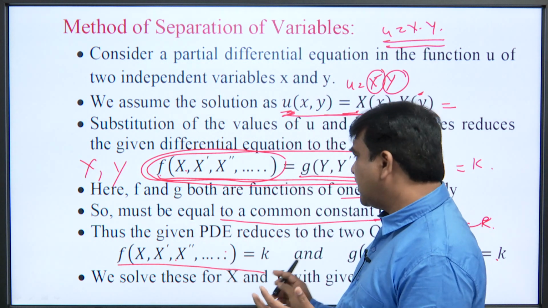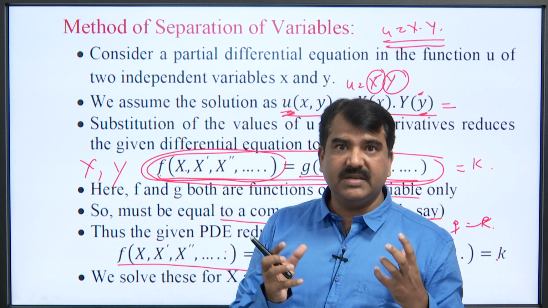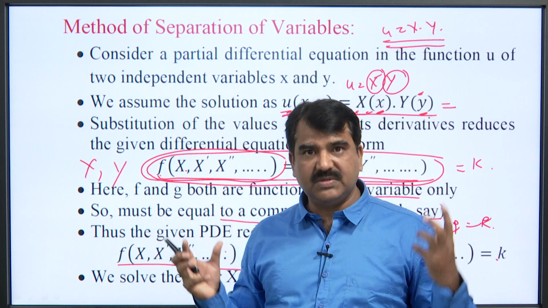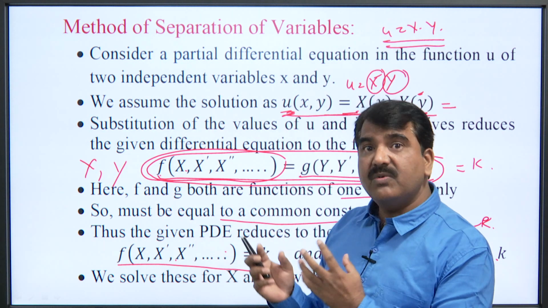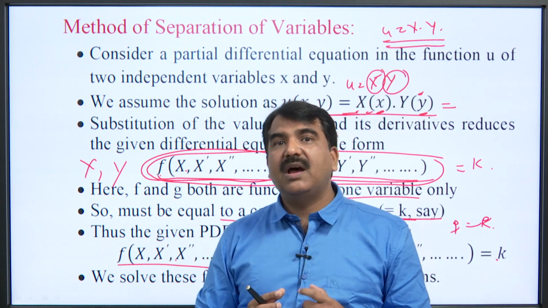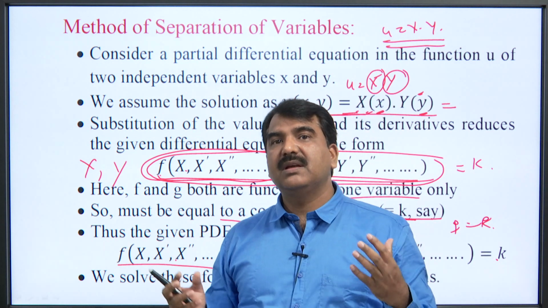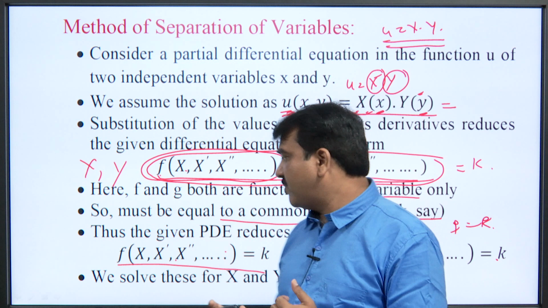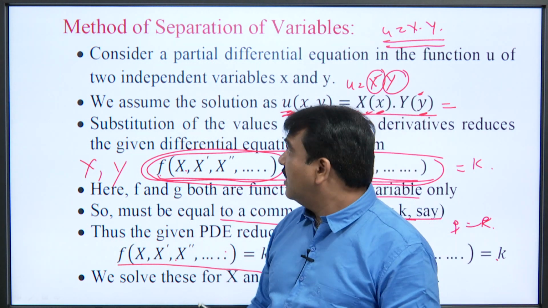We solve these differential equations within the defined boundary conditions or initial conditions. Within the range, we have to find the solution. So, if sometimes a range is given, then we have to consider the appropriate solution, or sometimes we have to use the given conditions to find the constants, we have to evaluate the constants. So, this is the method of separation of variables.